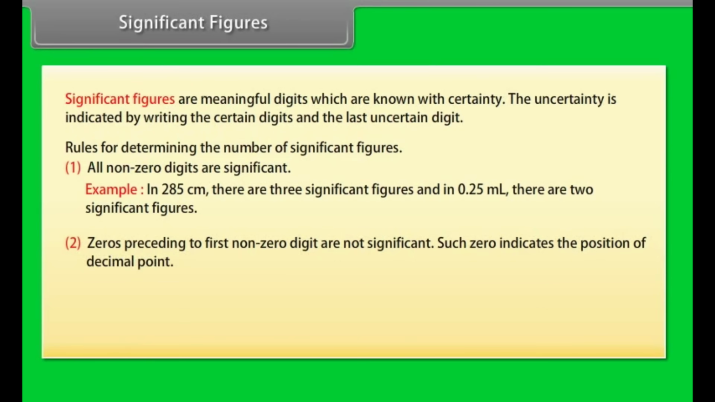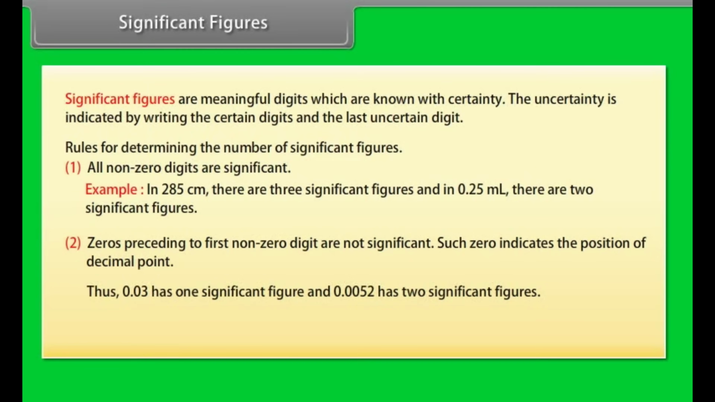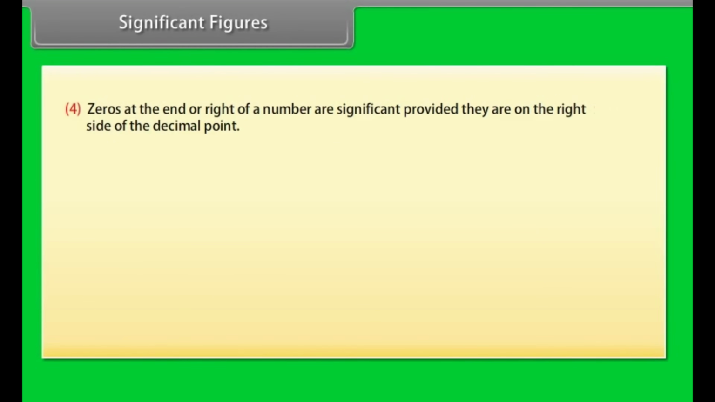Zeros preceding the first non-zero digit are not significant. Such zeros indicate the position of the decimal point. Thus, 0.03 has 1 significant figure and 0.0052 has 2 significant figures. Zeros between 2 non-zero digits are significant. Zeros at the end or right of a number are significant provided they are on the right side of the decimal point. Example: